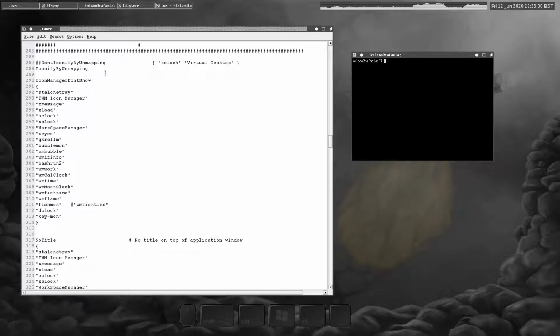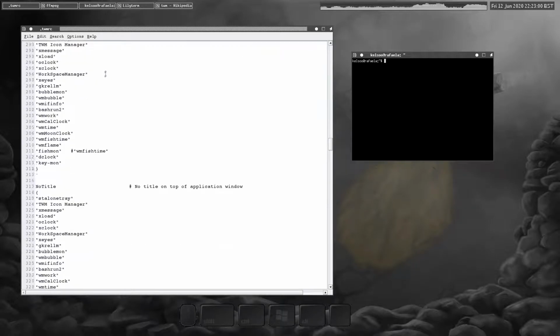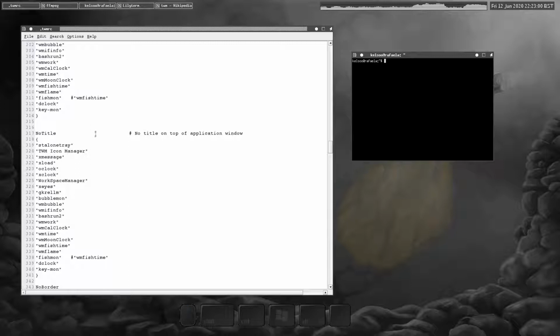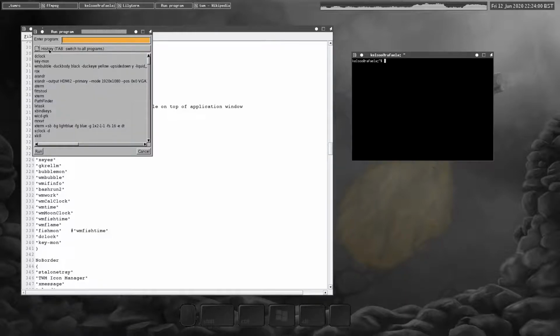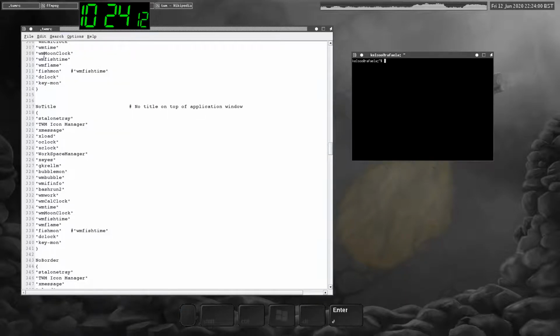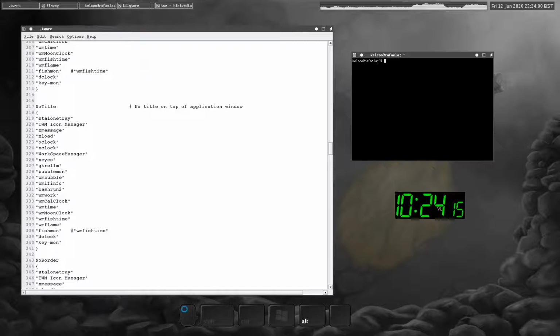Iconify by unmapping, right. I can't remember what that is. You can set it so no title, so you can see here keymon and declock have got no title, so keymon has got no title bar. Let's start declock, no title bar. Okay, so you think, right, how do you kill it? Click on the desktop, select kill, bang. Okay,